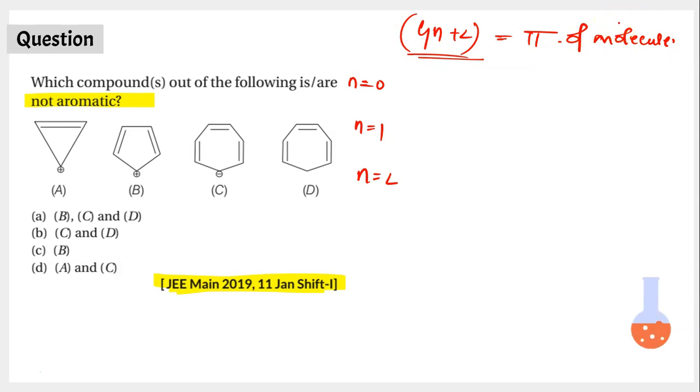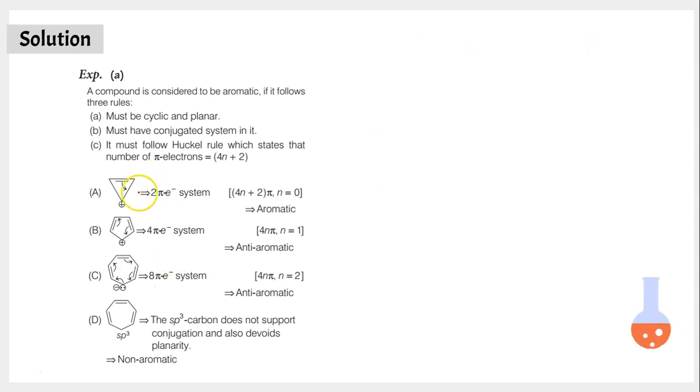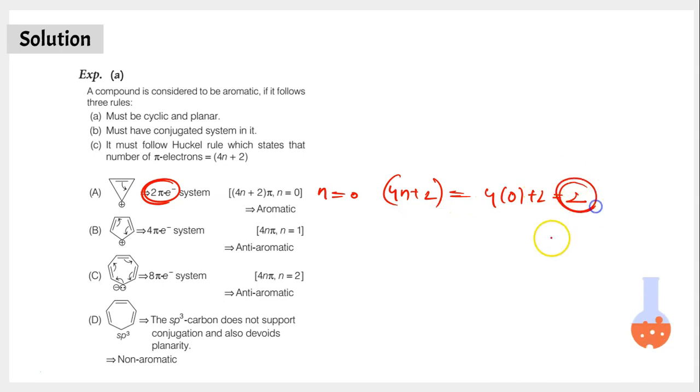For example, out of the molecules that you have here, look at the first molecule. There are only 2 pi electrons. So when you have only 2 pi electrons, and you take n equal to 0 and place it in the equation 4n plus 2, it turns out to be 4 into 0 plus 2, which is equal to 2. And the solution of the equation is equal to the total pi electrons you have. And when did you achieve this equalization between the equation and the total pi electrons? You achieved it when you took n equal to 0. N equal to 0 or 1 or 2 or 3, any integer, the molecule is aromatic. So this molecule is aromatic by nature, right?